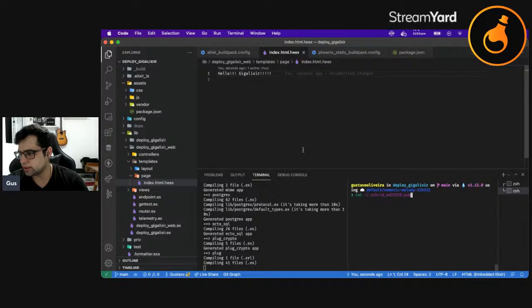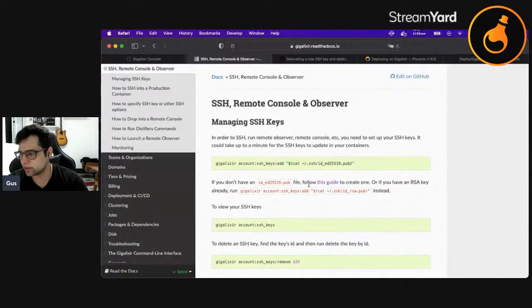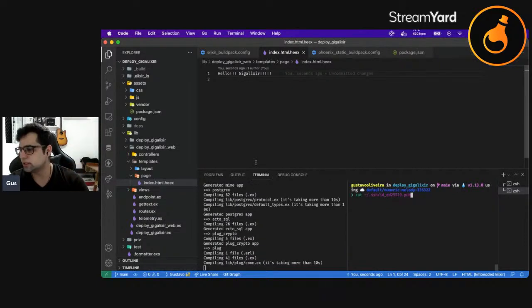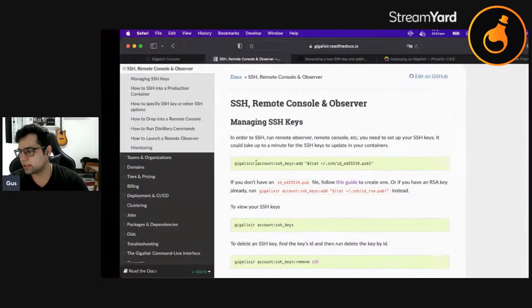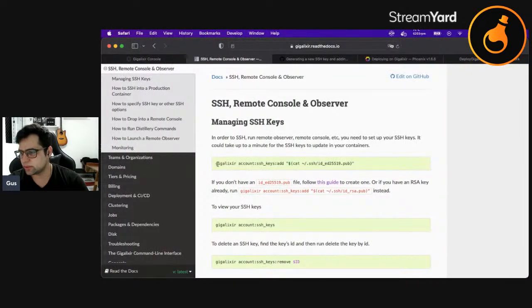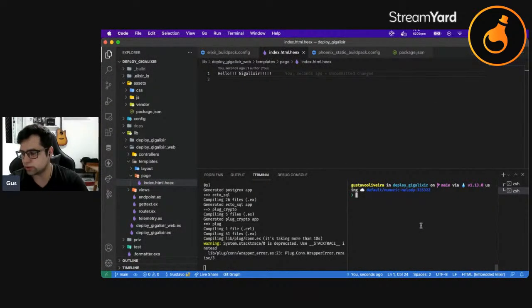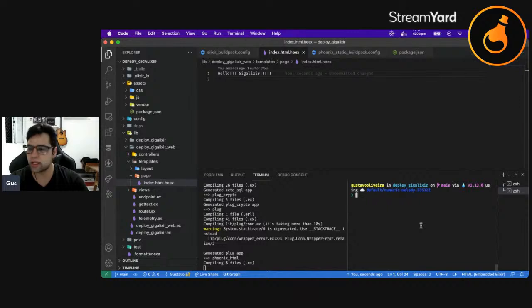Let me check the command that I executed a couple minutes ago. So here, what you have to do is just using the cat, generate your SSH key, and then you can include that, like this command over here. I'm sure that we can execute this one, generate your SSH, push this in your Gigalixir application,